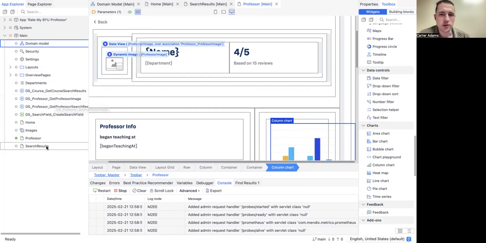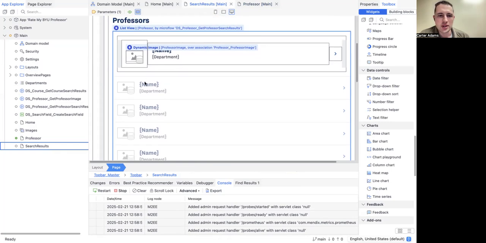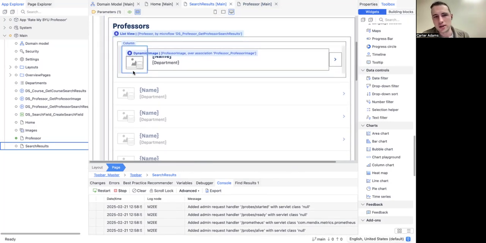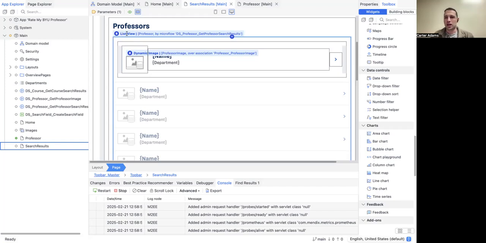So that will be inside of our search results page, because that's where the results are coming in. We just need a way so that when someone clicks on an entry here, they are taken to the page for that certain professor. And that's actually really easy to do in a list view, thankfully. So we don't need to write a nanoflow or microflow or anything. If we just click into the list view,